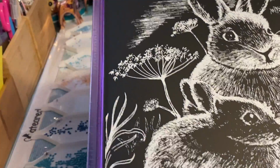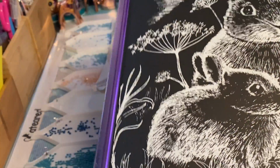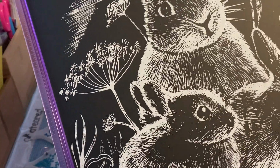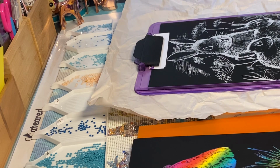So yeah, this is a rabbit. And I'm going to show you what colour it's going to be, because I have purchased these in different colours. I'm just going to lay that back down there for you to see. I'm going to sit down now and show you how I'm going to reveal the picture. Oh, before I do that, I'm going to show you